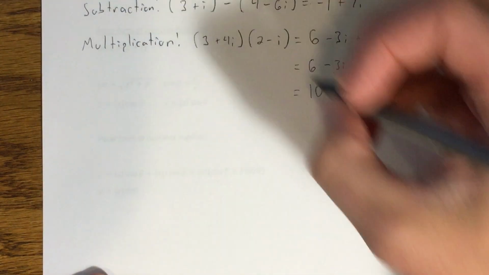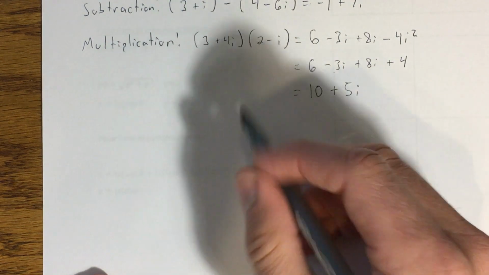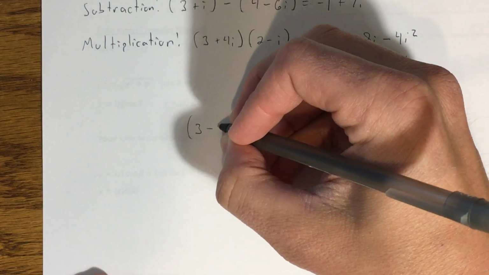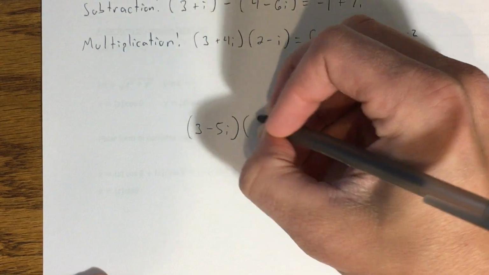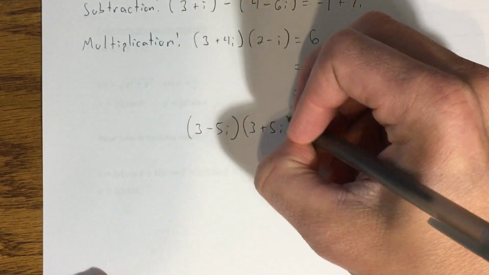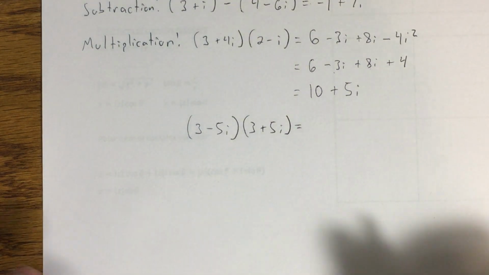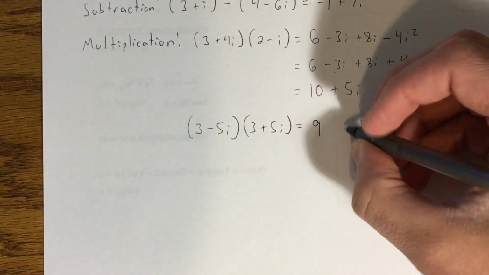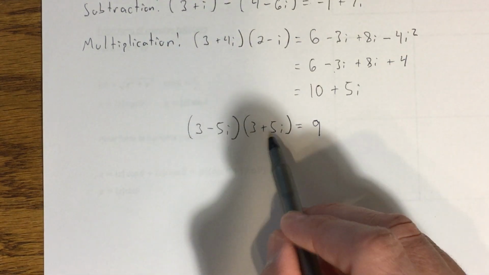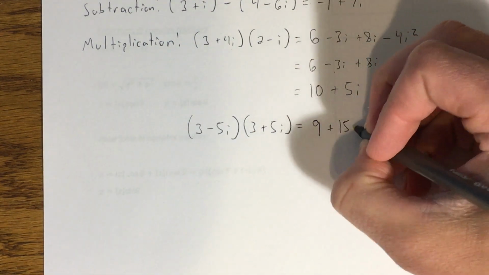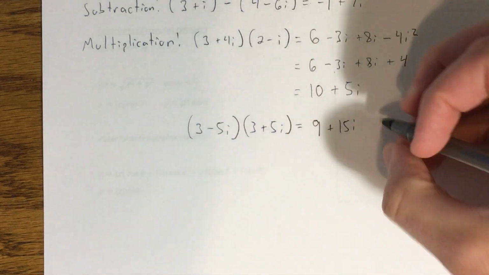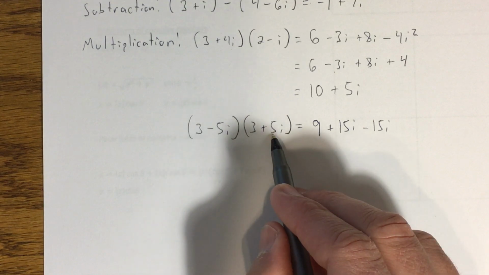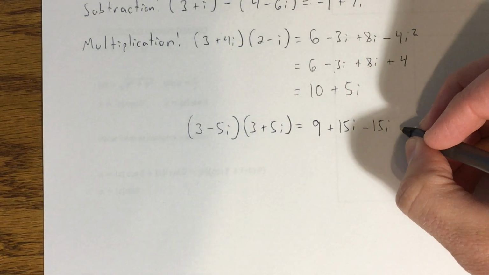Actually, before we move on to division, I want to do one more example of multiplication. Suppose I had 3 minus 5i times 3 plus 5i. Well, again, if I expanded this out, it's going to become 3 times 3, which is 9, plus 3 times 5i, that would be 15i. Negative 5i times 3, that's minus 15i. And then negative 5i times 5i, which would be negative